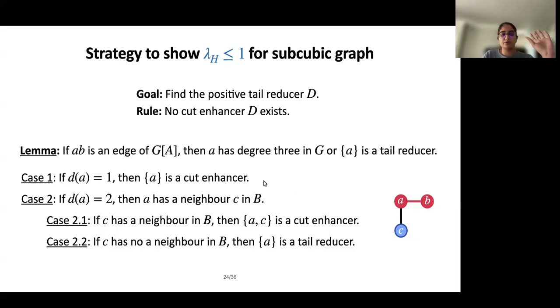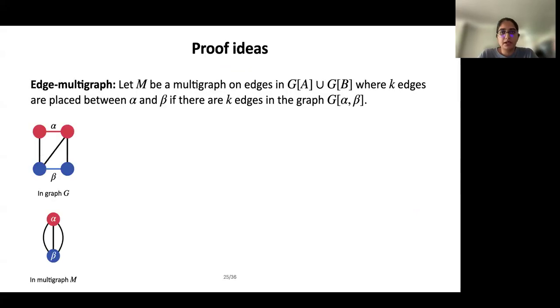So every time we want to show a certain lemma, this is the kind of game that we want to play, that we want to achieve the goal. We start with this local edge, and we grow our graph locally and either say that a certain case cannot exist because you can find a cut enhancer, or we terminate our search by finding the right tail reducer. In order to keep track of all these cases and what is going on, we have a bookkeeping tool